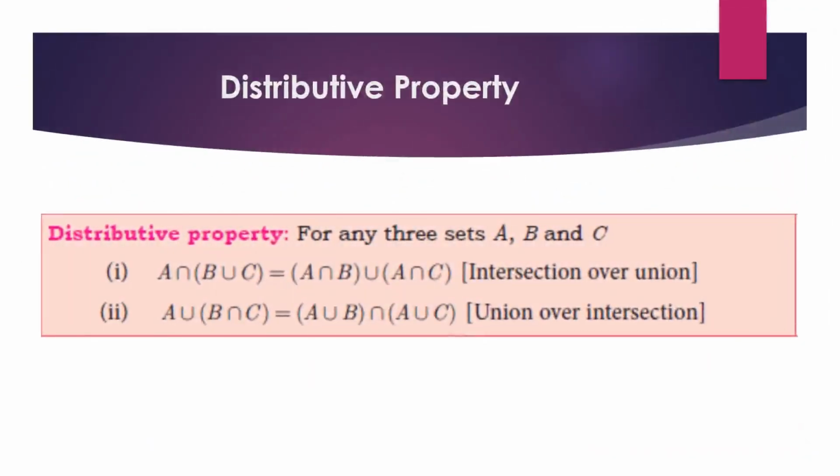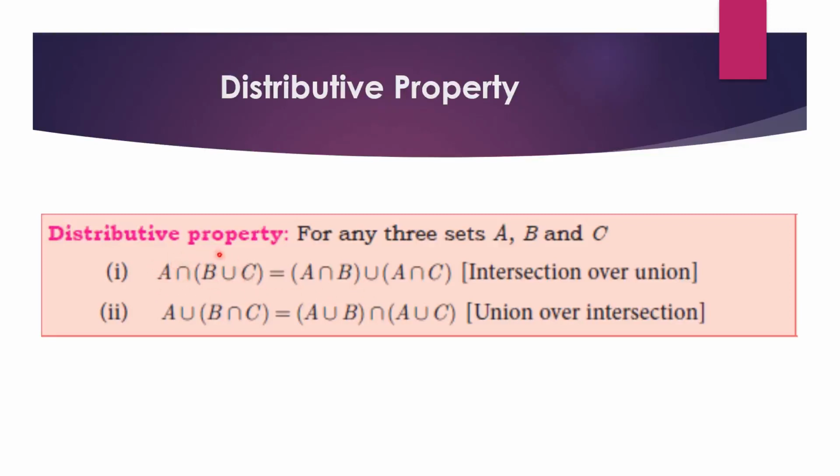Next we are going to see distributive property. Here also we are going to compare the three sets. Here distributive means we will have both intersection and union in a single property. Let us see the first property. A intersection (B union C). Here see, first one is intersection means second one is union. At that time you have to write this (A intersection B) union (A intersection C).